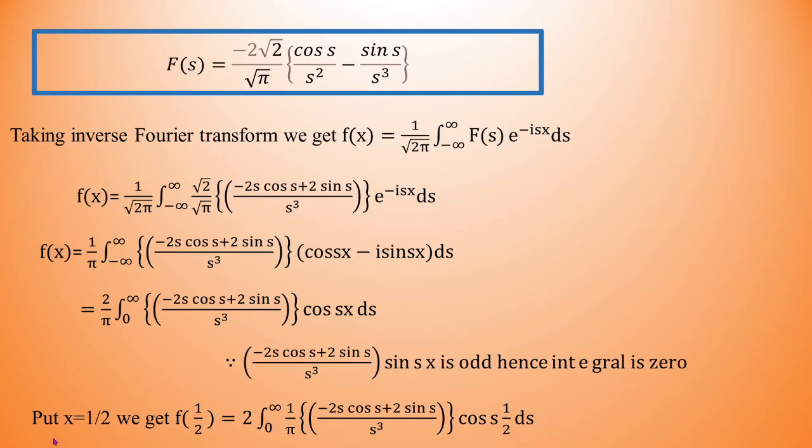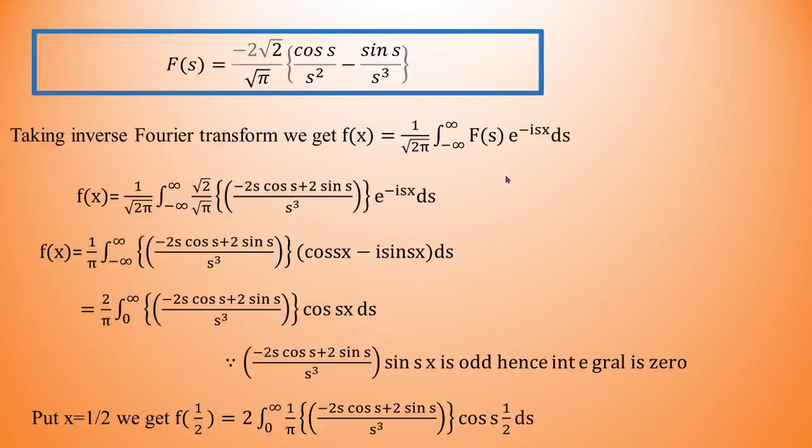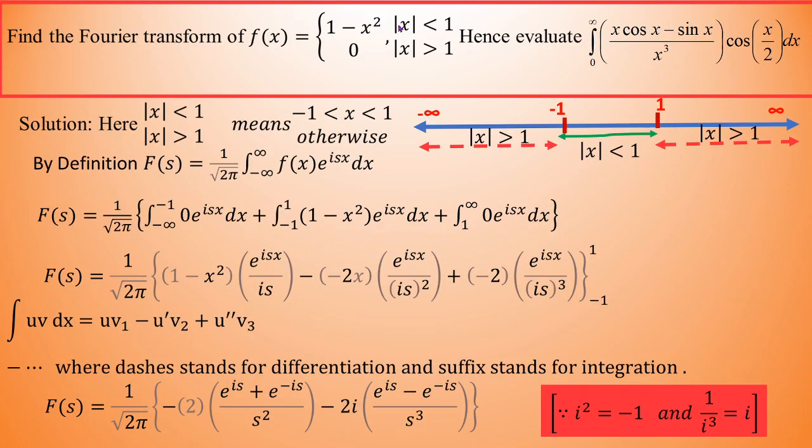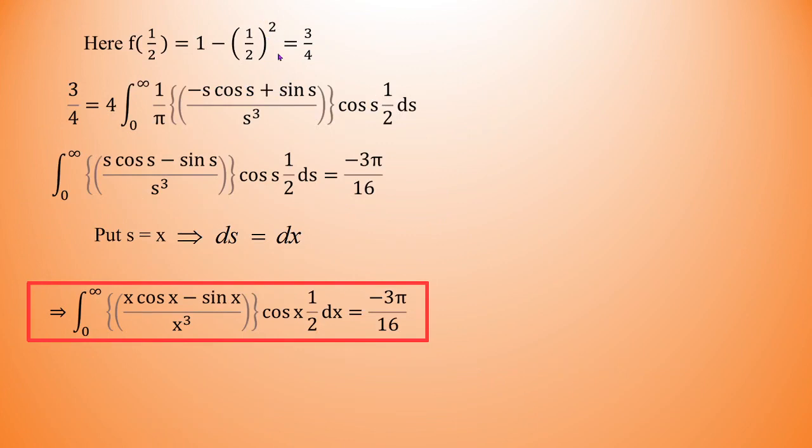Now I wish to obtain cos in the desired result. What we want is cos of s by 2. So here we will put x as 1 by 2. On putting x as 1 by 2 everywhere in the above equation, we have such type of expressions. Now the value of f of 1 by 2, as 1 by 2 falls in the first range, since it lies between minus 1 and 1, so f of x is 1 minus x squared. Here we put x as 1 by 2, so it will reduce to 3 by 4.